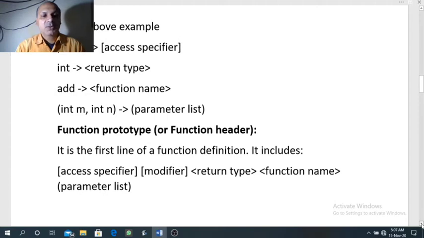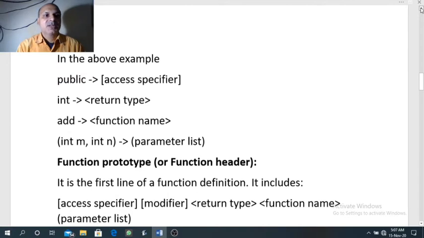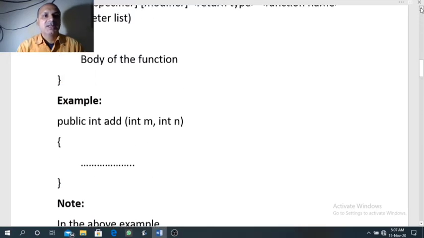Now function prototype or function header. One by one we will study all the parts of function definition. So starting with prototype. It is the first line of a function definition. So whatever you have seen in the previous syntax, see the syntax once more.